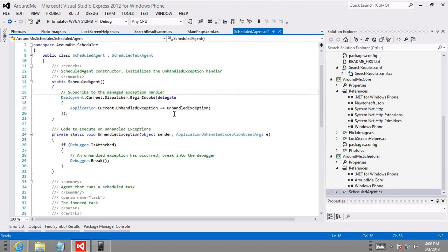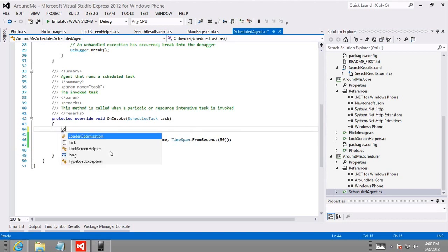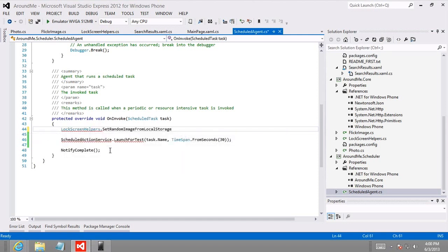Now in that same file, earlier we added this to-do comment. We can make the following change to this onInvoke method now. We can call LockScreenHelpers.SetRandomImageFromLocalStorage, like so. And I think the final thing that we need to do at this point